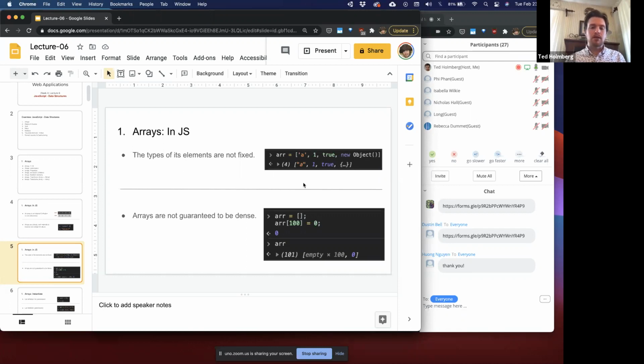Another thing that might be different in JavaScript is arrays are not guaranteed to be dense. Now, they're not necessarily guaranteed to be dense in Java either, but they are guaranteed to be a predefined size. So in Java, when you first create an array, you declare what size you want it to be. Arrays in JavaScript work more like an array list in Java. So when you create an array initially, it would be empty. It would not have any elements in it,